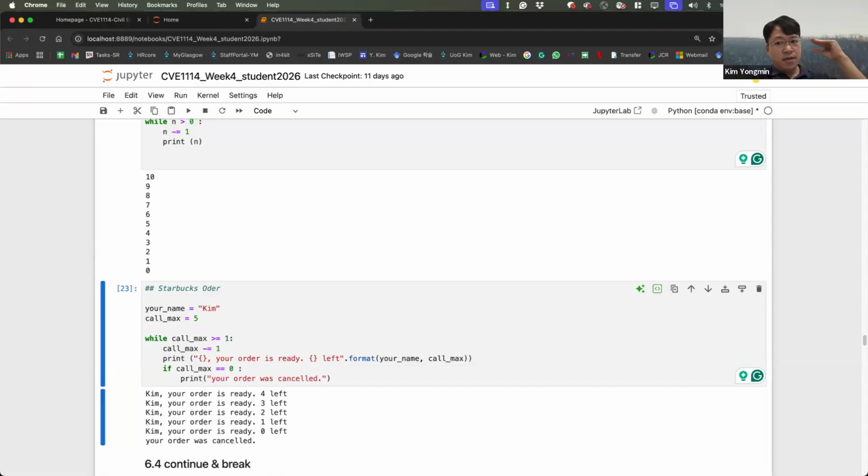See, iteration loops, for loops and while loops are always coupled with if statements.